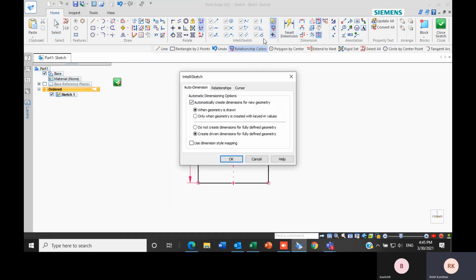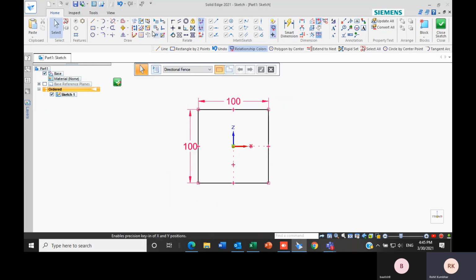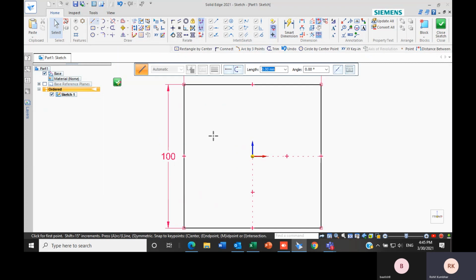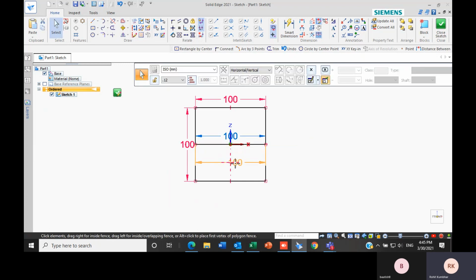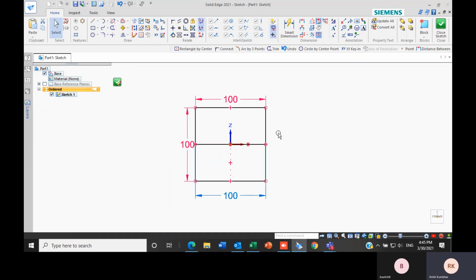And as I have said previously, there are two options: create driven dimensions or do not create dimensions for fully defined geometry. If I select the second option, create driven dimensions, then if I try to draw a line, here you can see the dimensions for the driven geometry got created.